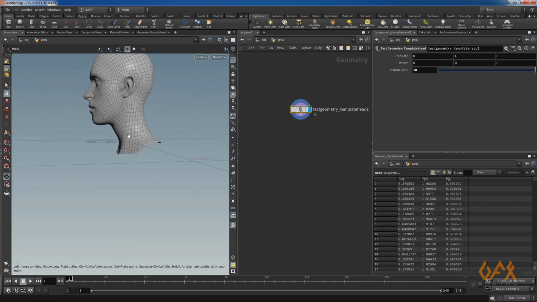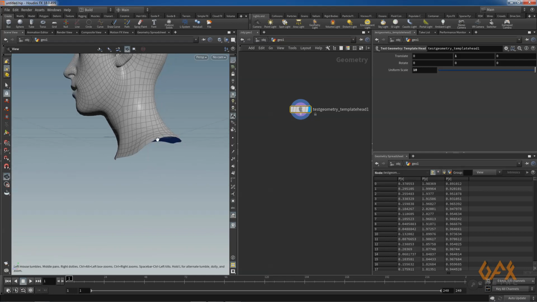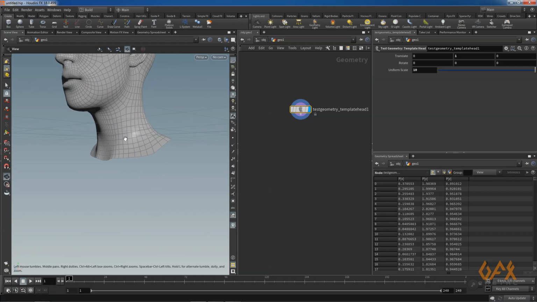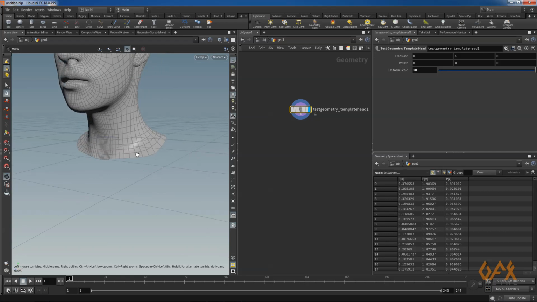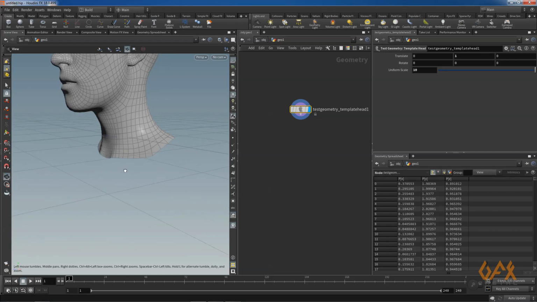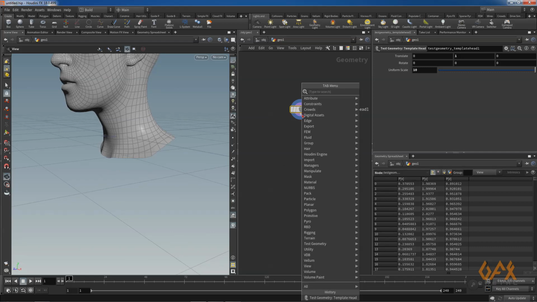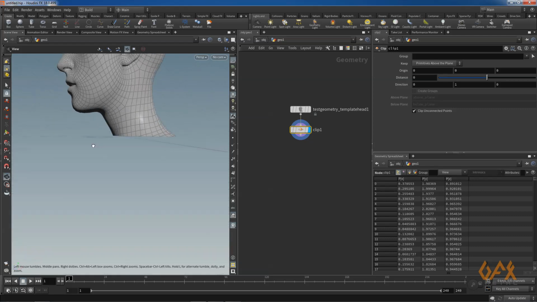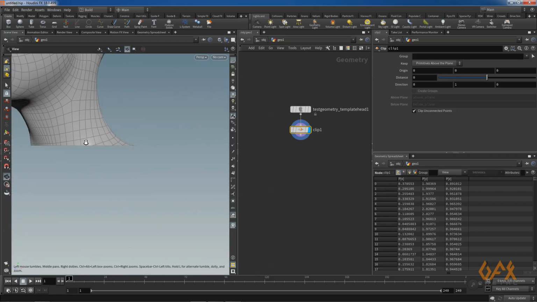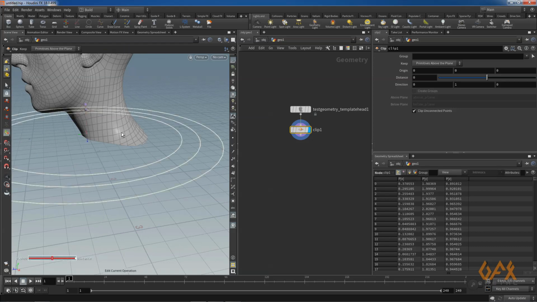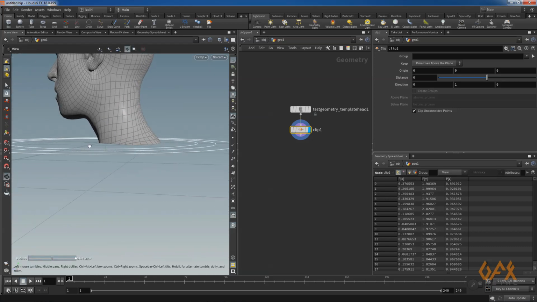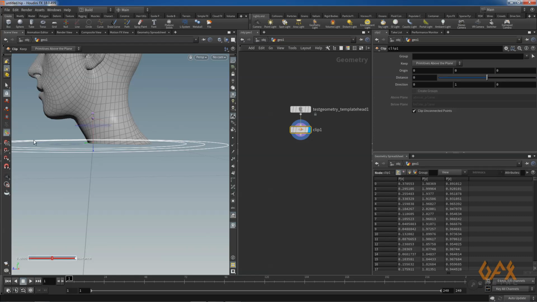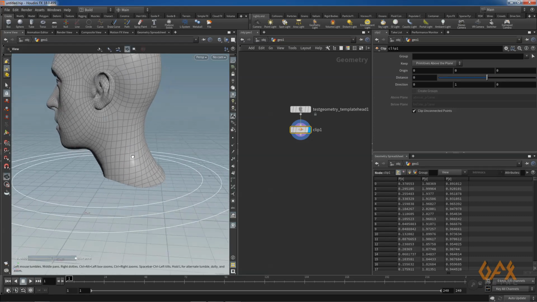Okay, and I want this geometry very straight over here because I want to set that on some platform, that kind of stuff. So for that, here I use the clip tool. As you see, if you want to change the surface of this clipping, you can change it over here or from this viewport.